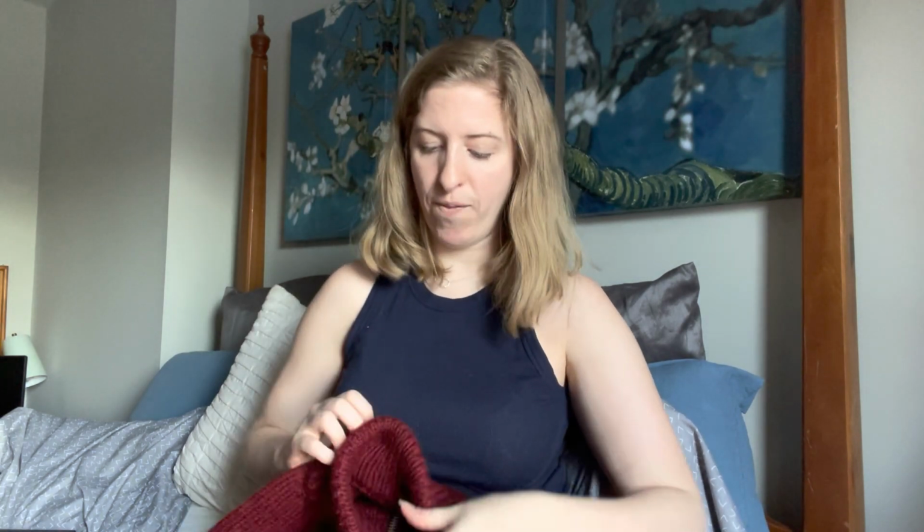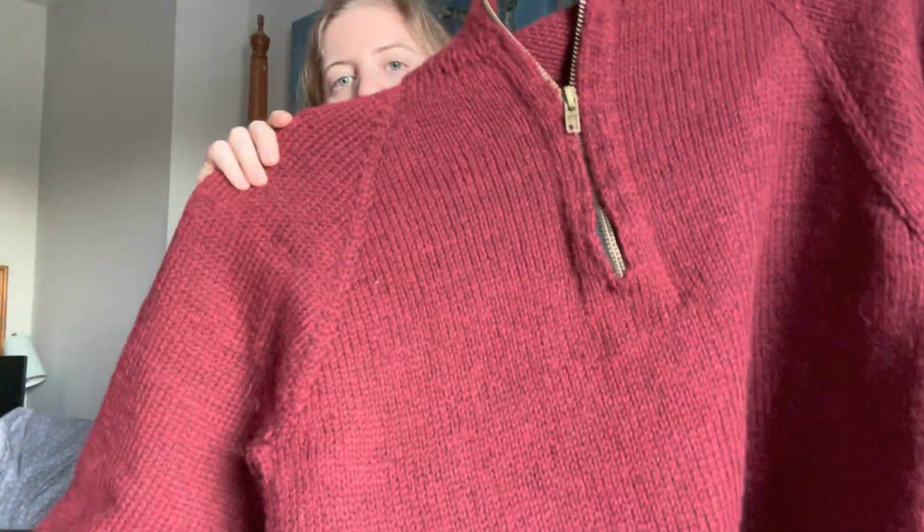And it's in bulky yarn. So I told myself I was going to get it done for Christmas. I bought him the yarn for his birthday and I told him the labor would be his Christmas present. I bought it a while ago, and I knew I had to knit this for my mom, and I had to do this test knit, the First Cardigan, and then I'd start this project for my dad. I really didn't think I was going to finish it, but man, bulky yarn, I'm telling you, it works up fast. So I used Knit Picks Wool of the Andes Superwash in the color Garnet Heather,